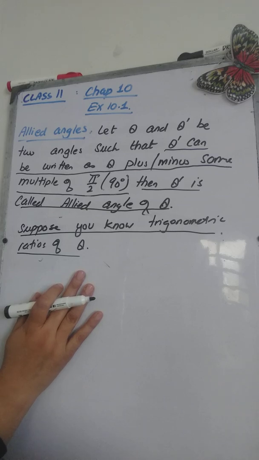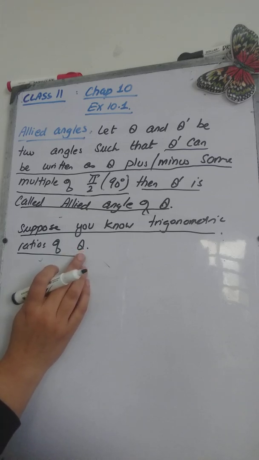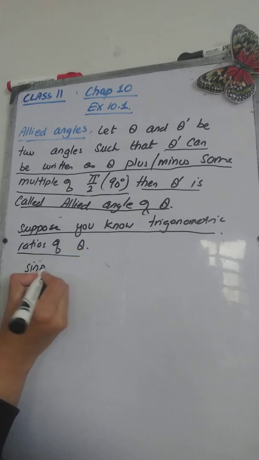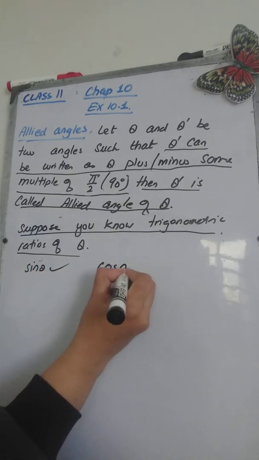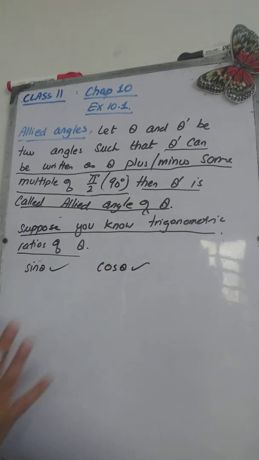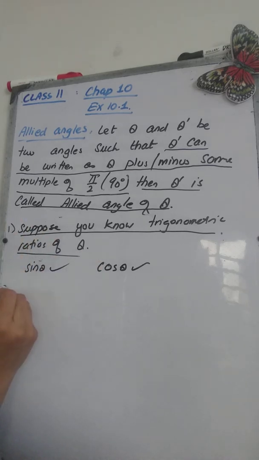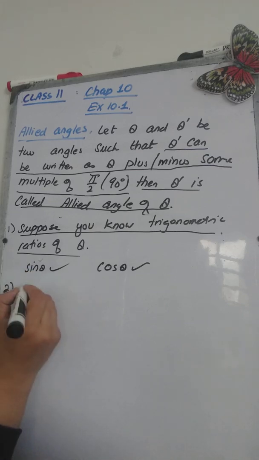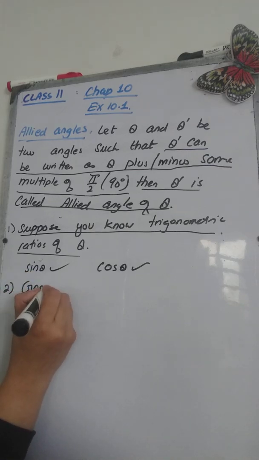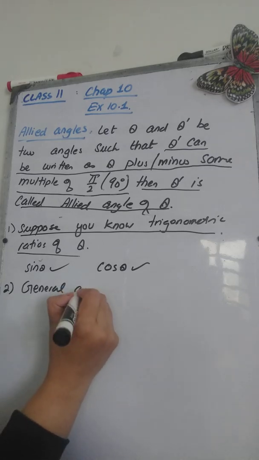These are the trigonometric ratios. Suppose we know the information about theta, that is, sine theta. We know cos theta as well, and with the help of these two you can find all the trigonometric ratios. So it means that the trigonometric ratios of theta are known to us. The second thing that you should remember is the general definition, in mathematical form,